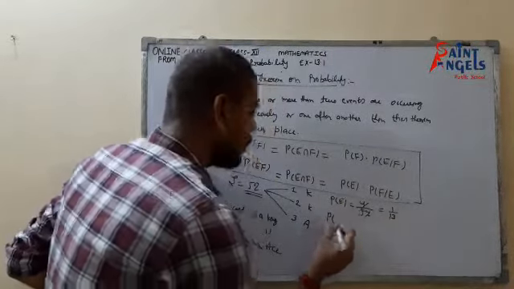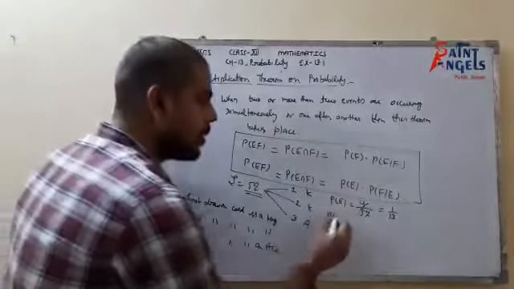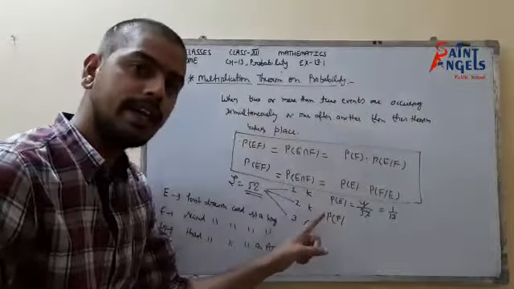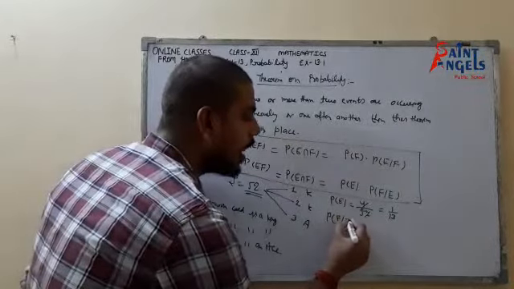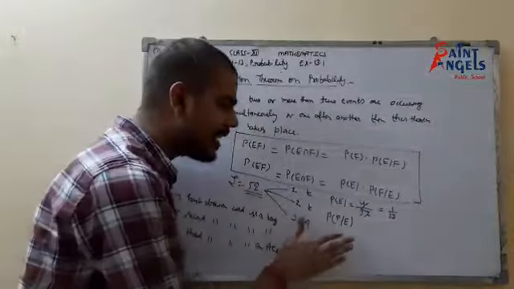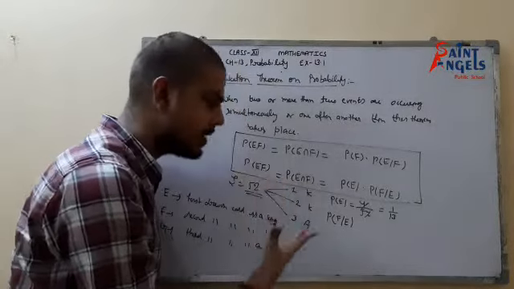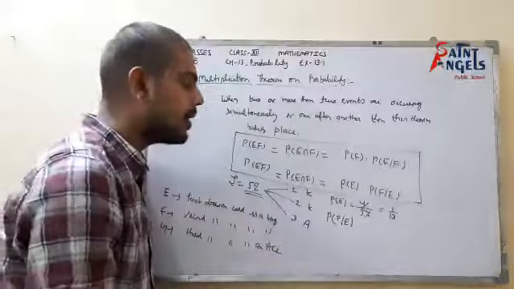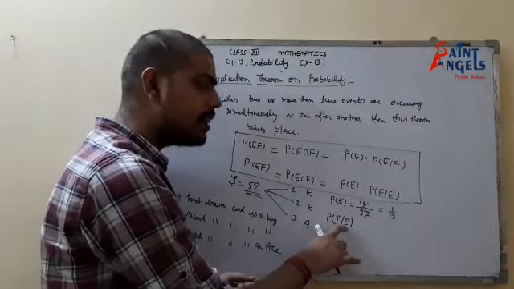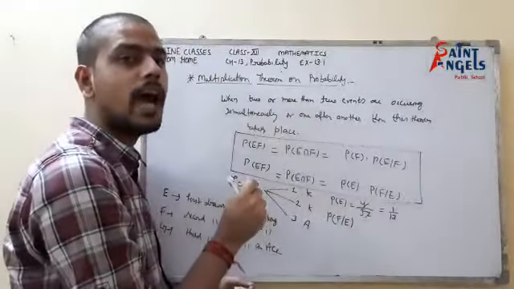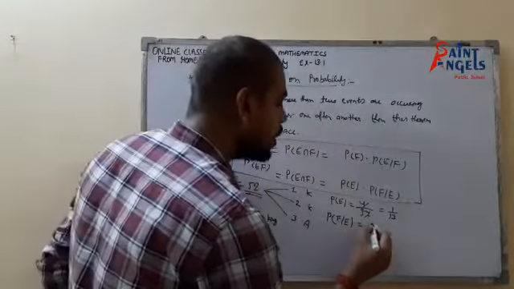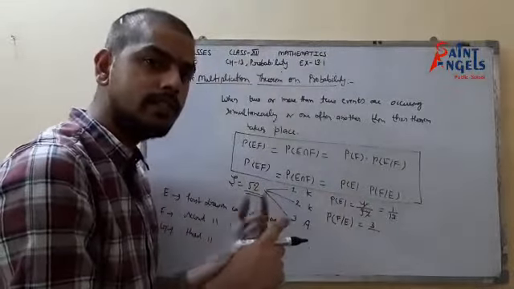Now probability of F, drawing a second king. Beta, but here we will write it such that we have to draw a king when already a king has been drawn. Here is the difference. In 11th class, we didn't care about what way we had to represent the statement. We just simply multiplied. But here we have to write it as finding the probability of drawing a second king when already a king has been drawn. So now how many kings are we left with? There were 4. One we already drew. So there are 3 kings. So that would be 3 upon, and we have already drawn a card. This is without replacement.